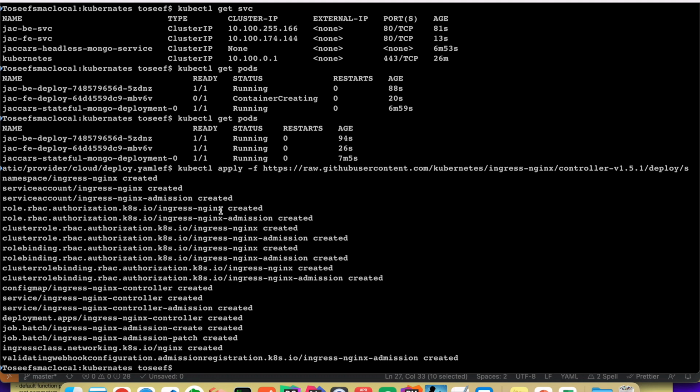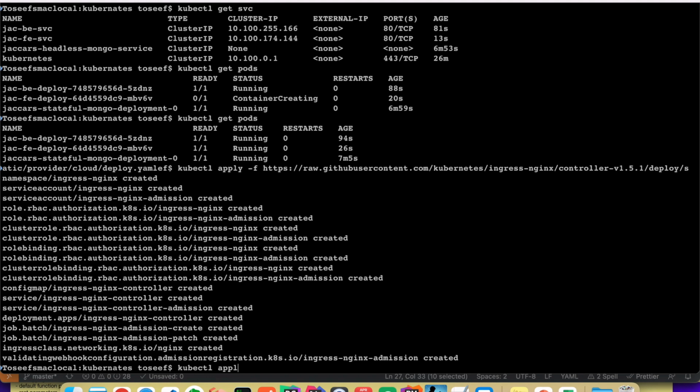We can see that it has created a bunch of stuff that is needed for Nginx to run. We can see here it has created the Ingress class. So it will provision the Nginx load balancer in AWS,